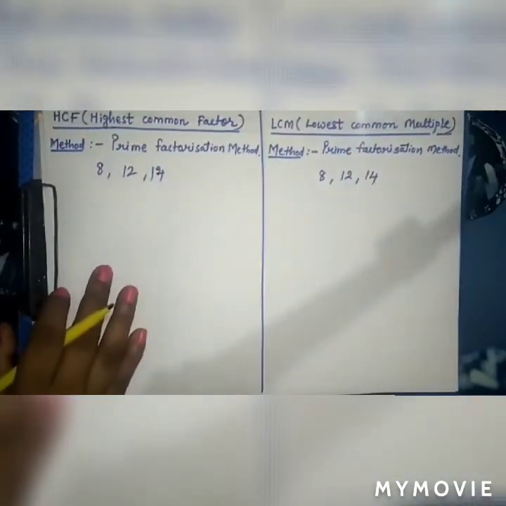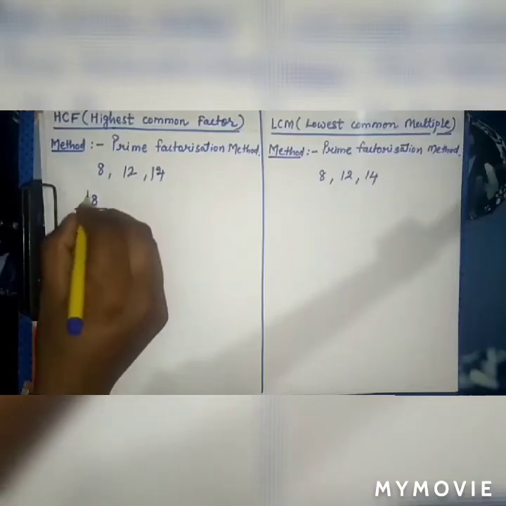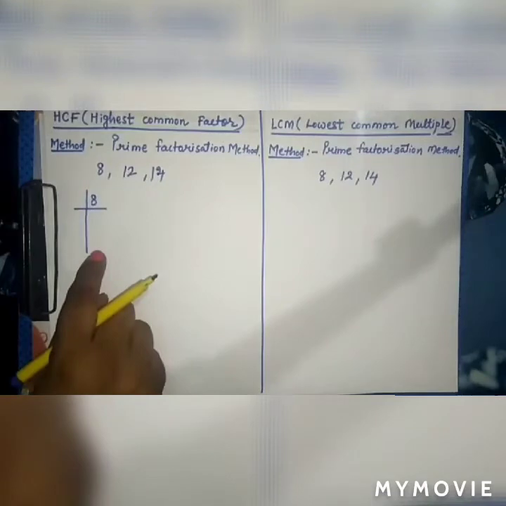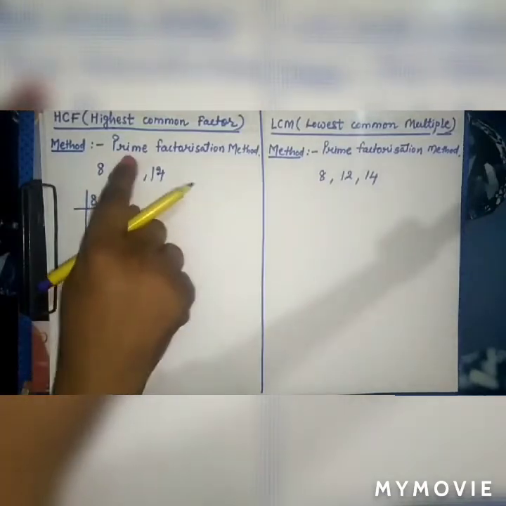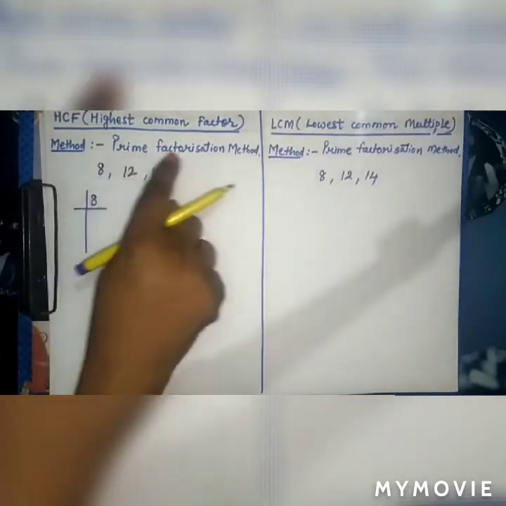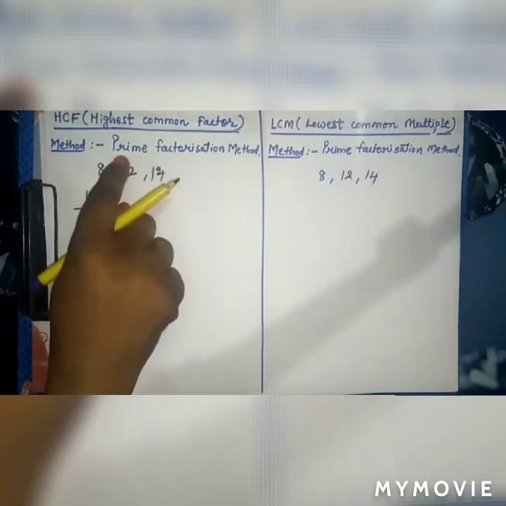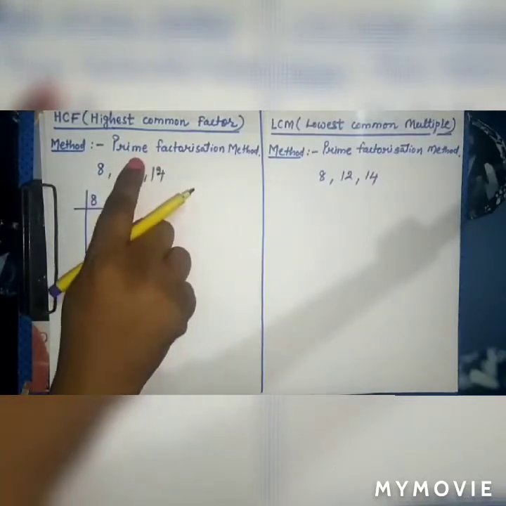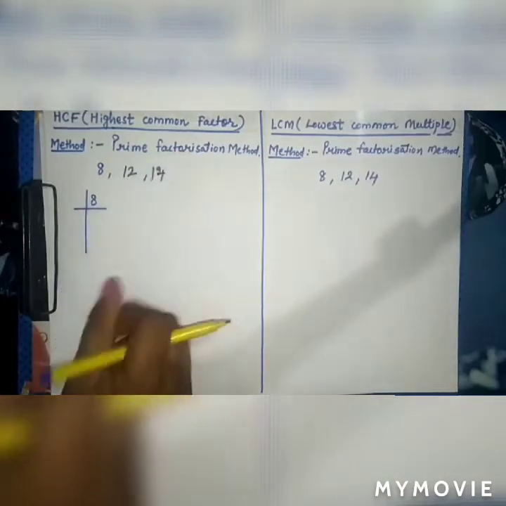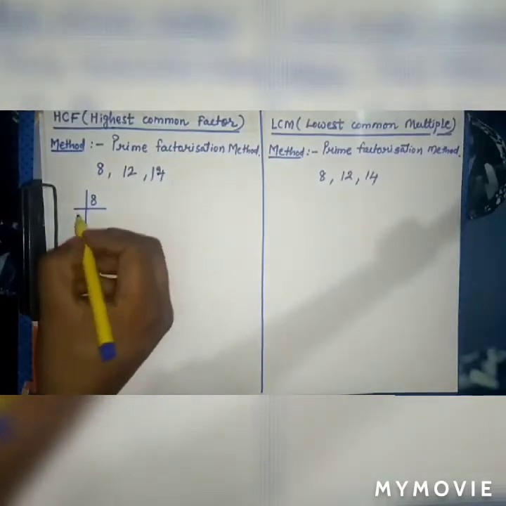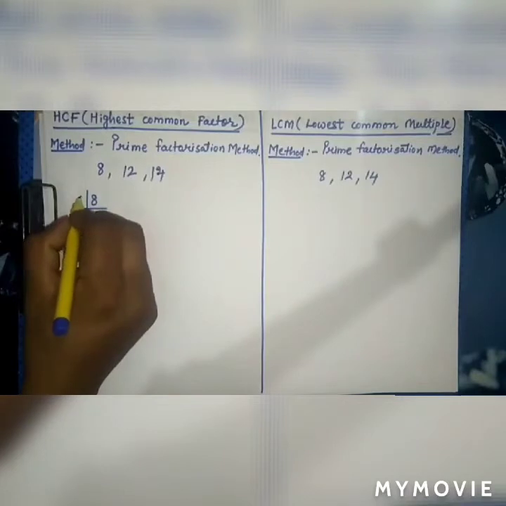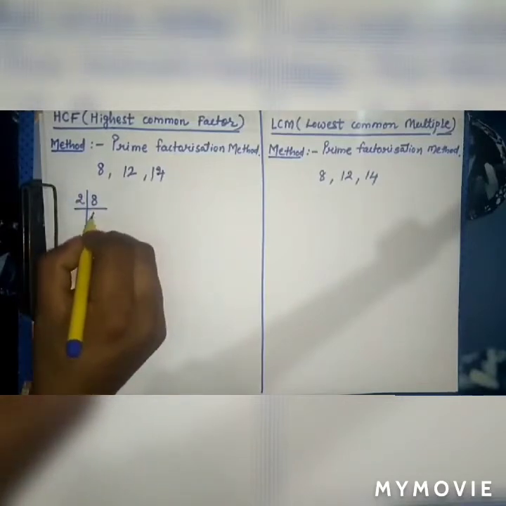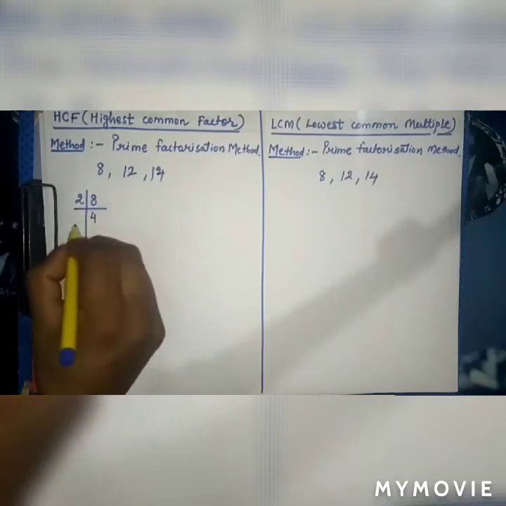Here I am taking the same numbers, with the division method. In the division method, we will write the numbers individually. Let's take the first number, 8. We will use the prime factors to divide this number. According to the prime factorization method, we can use only prime factors to divide the given numbers. So we will take the smallest possible prime factor to divide 8, that is 2, and we have to write down the quotient in the next line, that is 4.